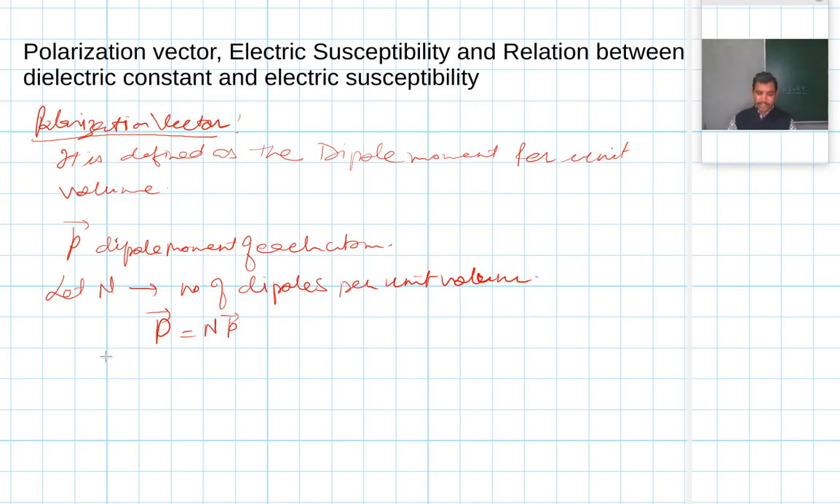And let us try to look at the polarization vector in another way. If we consider a small dielectric material and say its area of cross section is A, due to polarization, plus q charge will be developed on one face and minus q charge will be developed on the other face, and say dl be the length of this dipole, right? So now let small p be the